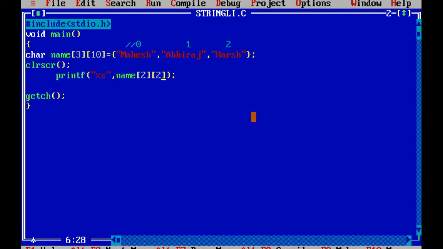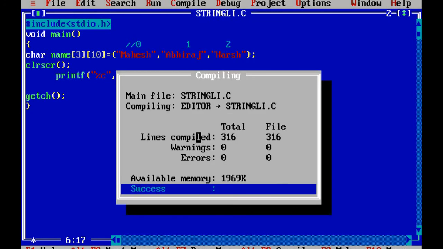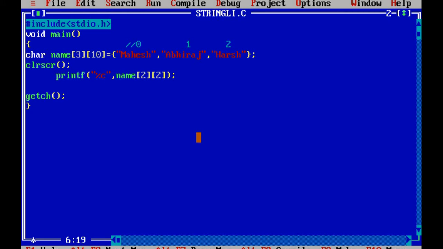Why? Because when you are printing a character, two subscripts are used. So use %c here and let me compile and execute, and you are able to see this output onto the screen. And when you are using only one subscript, it means you are printing the whole string. That time use the %s specifier.